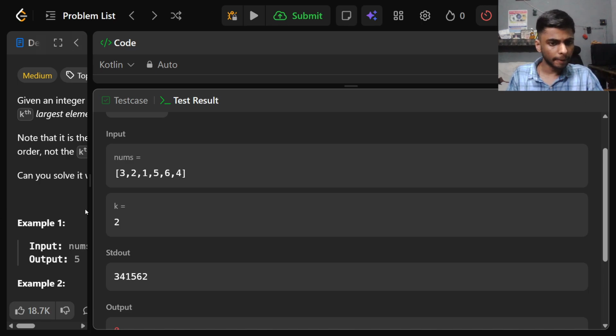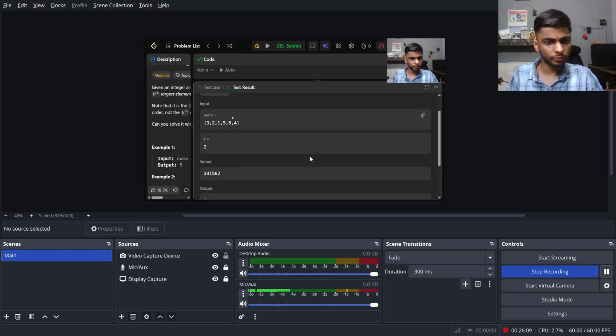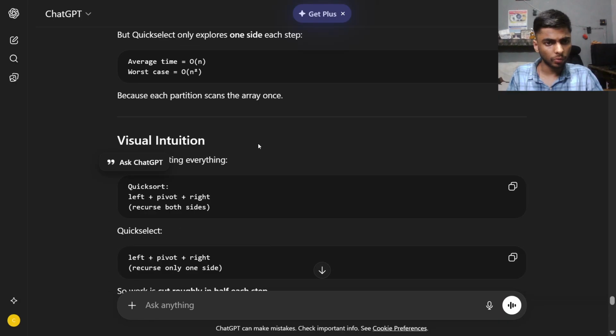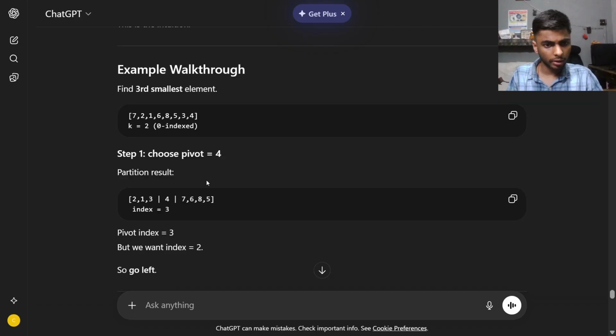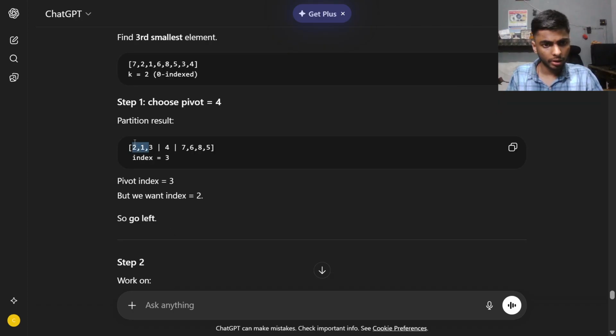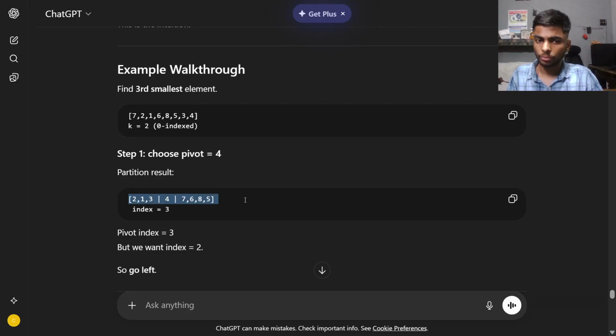Now, what to do now? Okay, choose 4, index 3, pivot index is 3, but we want index 2. But we have to check the index at the end, after we have